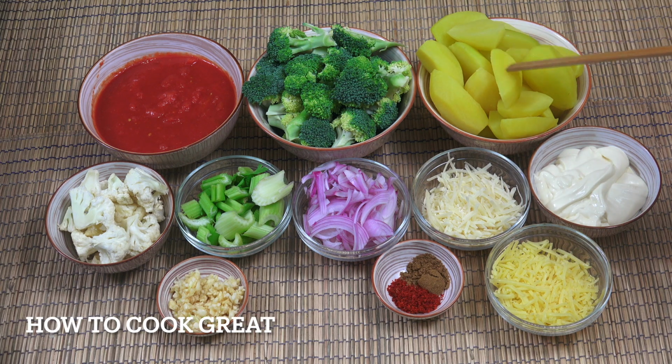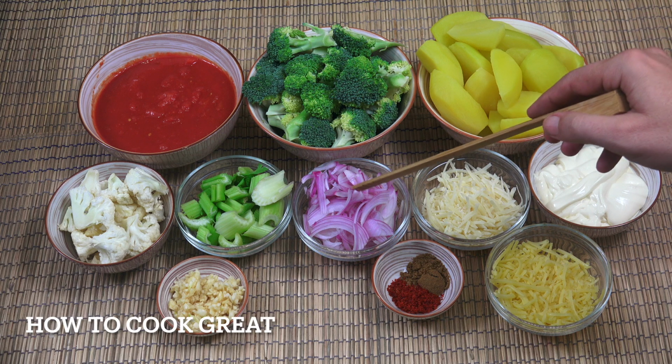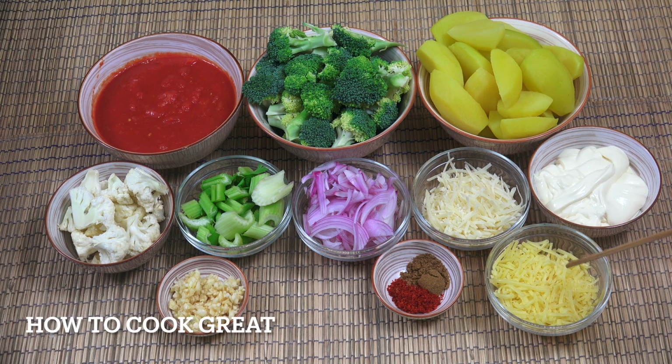Now, my potatoes are nice and chunky, peeled them, and then I just boiled them a little bit. Now, they're still quite hard. In fact, they're very hard, but they just went for like 3 or 4 minutes, just to give me a little head start. 1 cup of onion, 2 types of cheese here, there's a cup each here, of Parmesan and cheddar, 250 ml